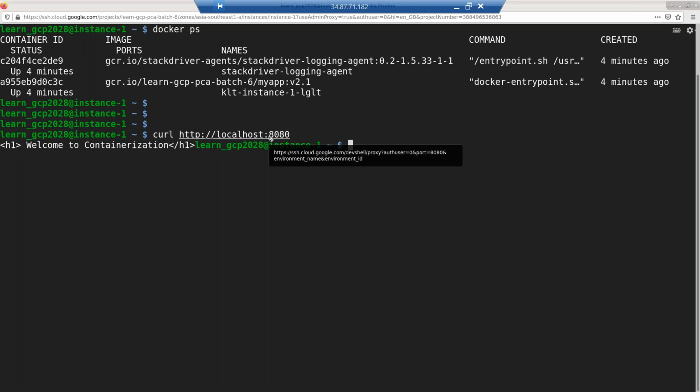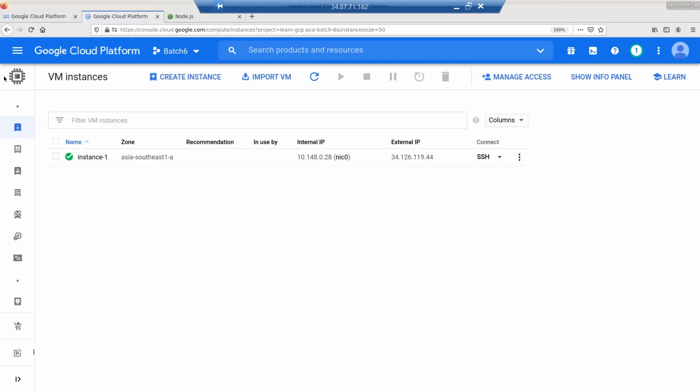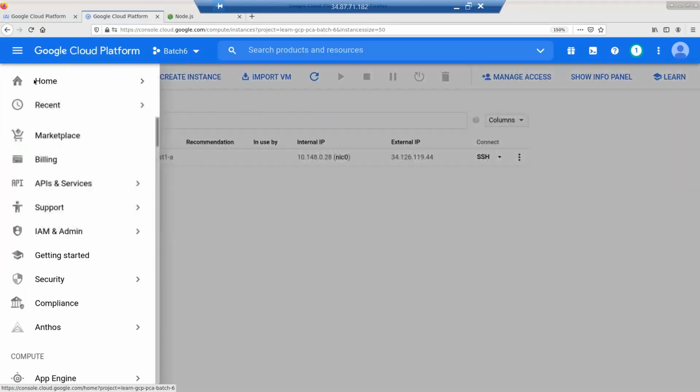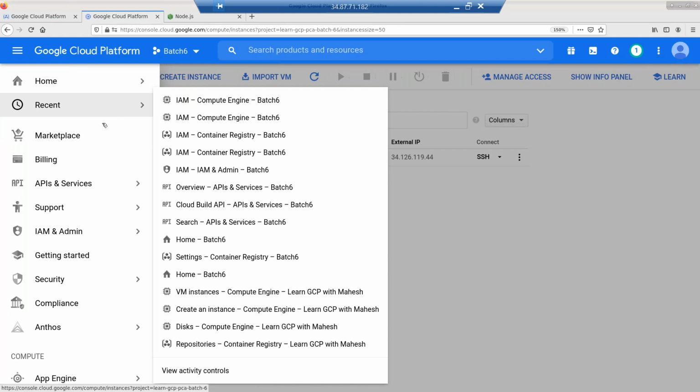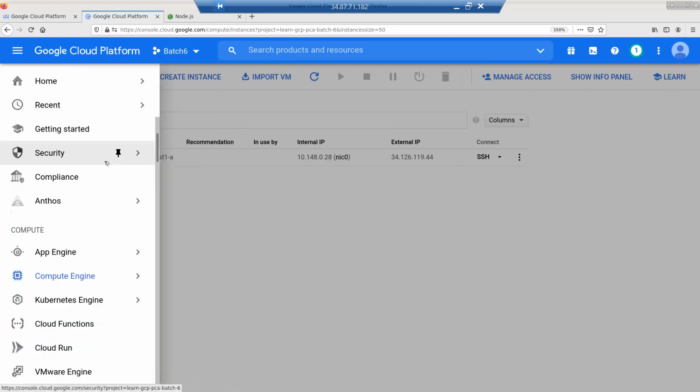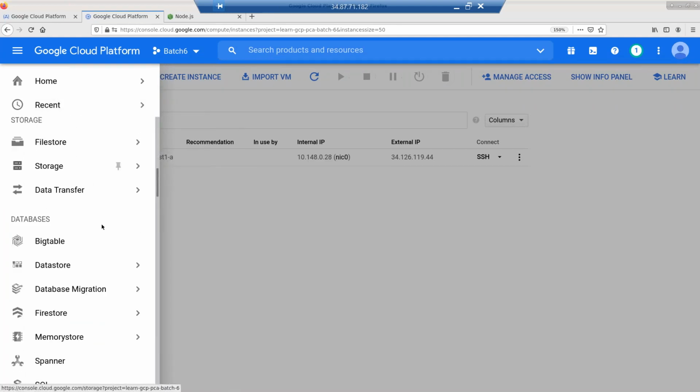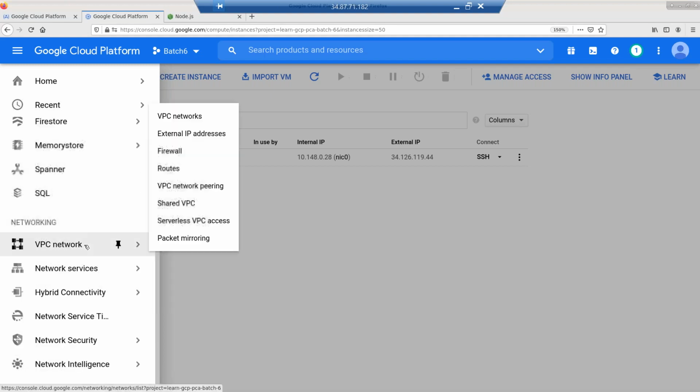So what I will do is I'll just create a firewall rule. We'll talk more about how to create firewall rules in our networking class, module 5. But for now, I have to open this. Without opening it, you will not be able to access it. So let me just open it. How do I do it? And if you don't understand this step, it's okay, because we are going to do it in detail in our networking class. So go to networking,